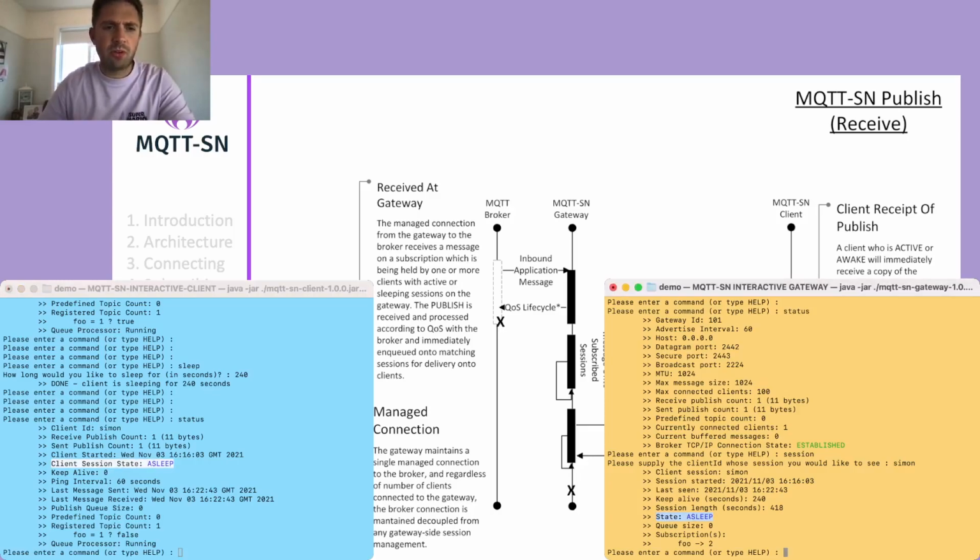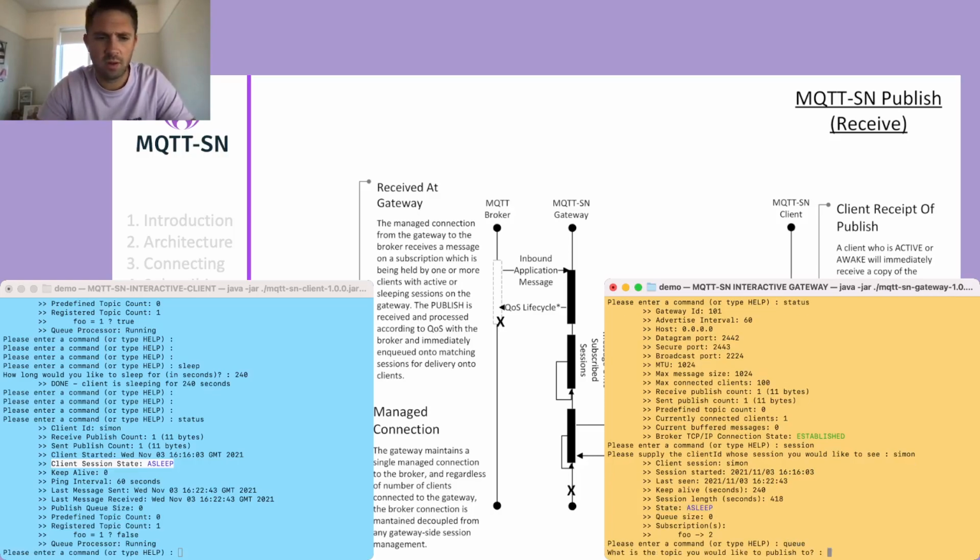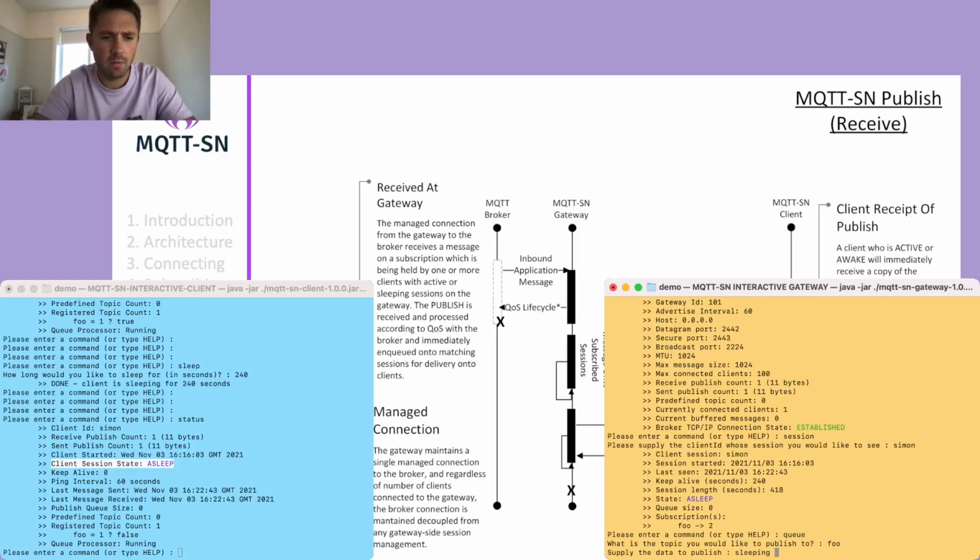So whilst I'm asleep, invariably my cellular data bearers will be powered down, my MCU will be powered down, I may well be switched off. But then when I want to wake up, I want to receive all the messages that were delivered and buffered for me whilst I was sleeping. So let's emulate that by, whilst sleeping, buffering up some messages on the gateway for that device. So I'm going to queue a message to a topic that I know that device is subscribed to, and we're going to put sleeping hello,